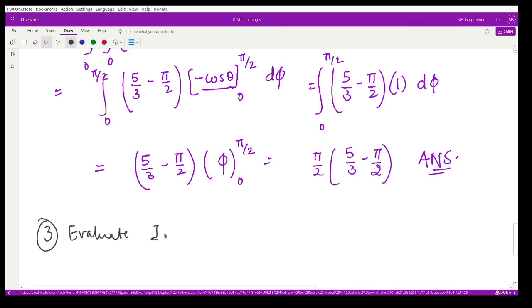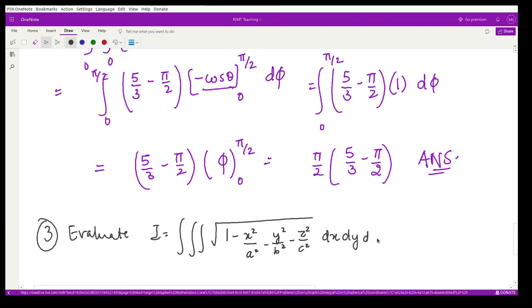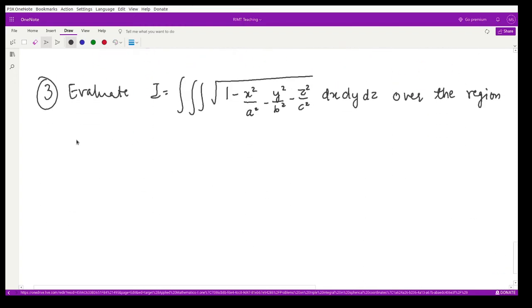Evaluate the integral I, where we have to perform the triple integral of the square root of 1 minus x square upon a square minus y square upon b square minus z square upon c square, dx dy dz, over the region bounded by the ellipsoid x square upon a square plus y square upon b square plus z square upon c square is equal to